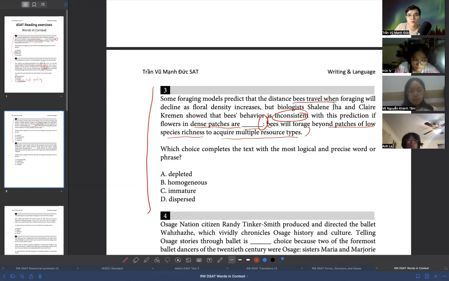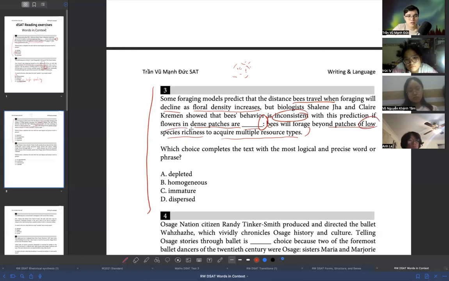The distance they travel will decline as the floral density increases. So floral density means the concentration of flowers increases. So dense patches are something you choose: depleted, homogeneous, immature, or dispersed. Bees will forage beyond patches of low species richness to acquire multiple resource types. All right, so this is a very difficult question indeed. Look, if they talk about